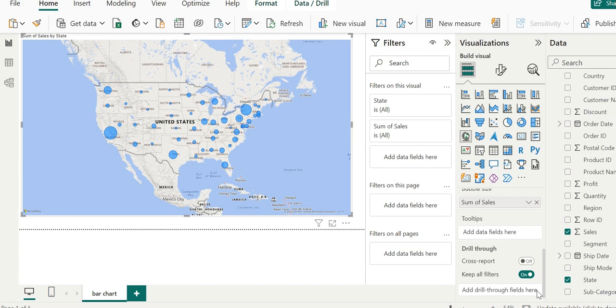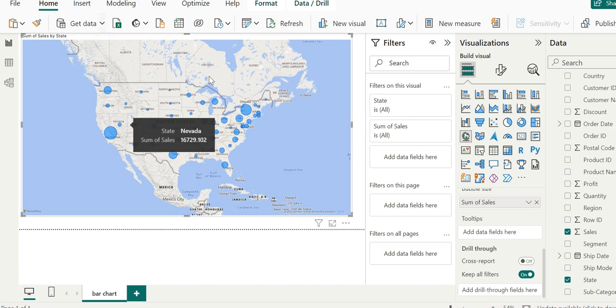Remember that through all of this, we are working with a map visualization. In the visualization pane, we can see that it's a map, which is the first item in the fourth row that has been highlighted. We can hover over the different bubbles and the tooltip will be there. That tooltip will give the information about the name of the state and the sum of sales. So it's a very basic kind of visualization in maps.